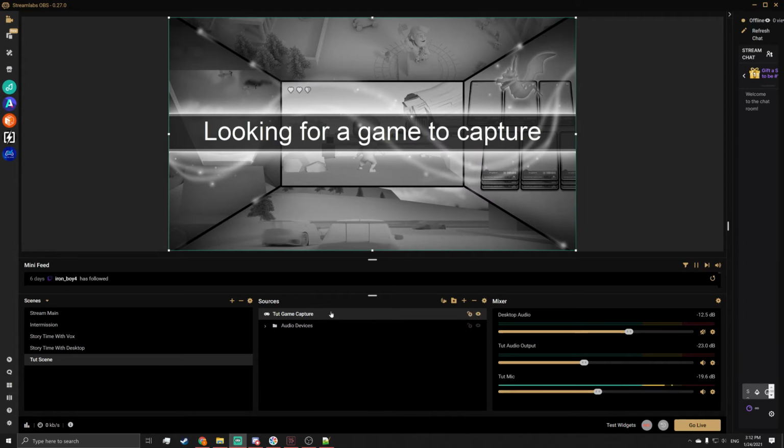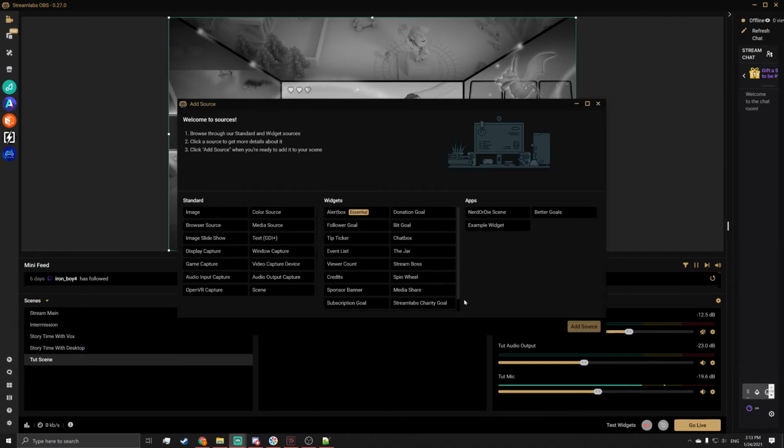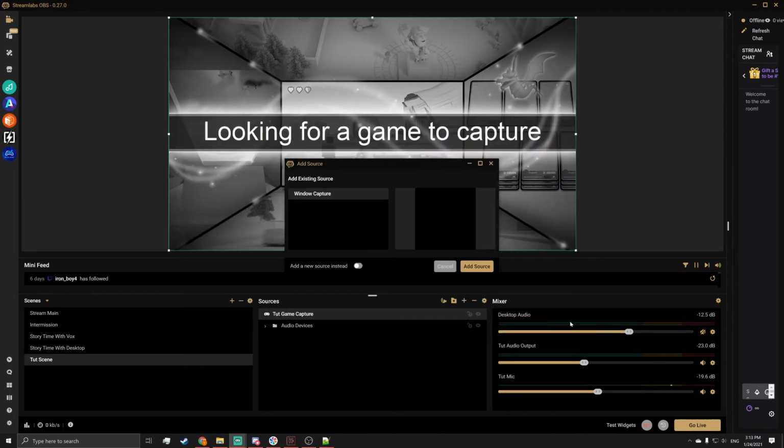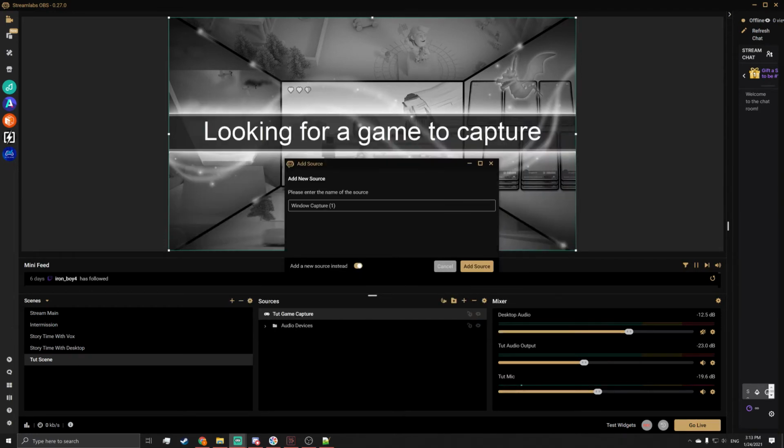Sometimes the game capture will not capture your game, even through the capture window option. When this happens, you have a few options at your disposal. There are benefits and disadvantages of using game capture, and the other two display captures I will go over now. If you go to Add, go to Window Capture, and then go to Add Source. Name it whatever you would like,